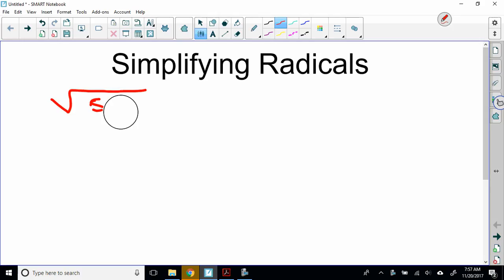the square root of 50 is the first example I wrote up on the board. So if we look at that, you might think to yourself, well, that doesn't look bad, it doesn't look like it needs anything done to it, but it does need something done to it. So the first thing you've got to realize is a radical